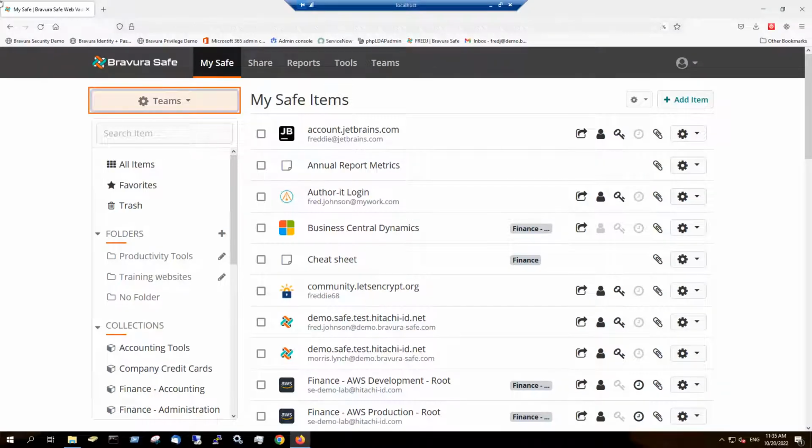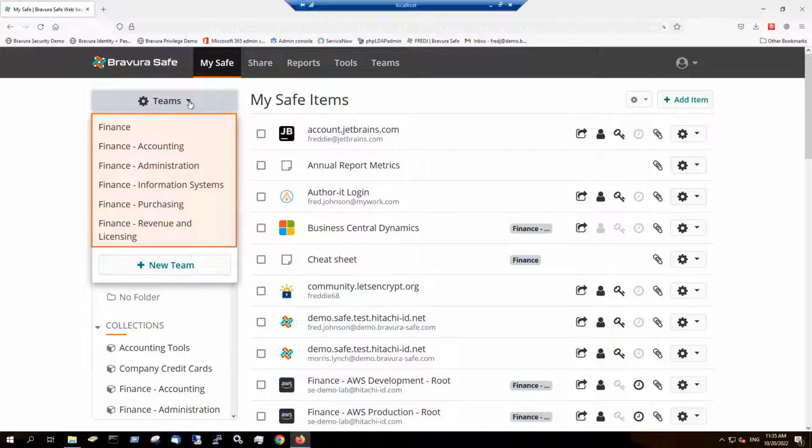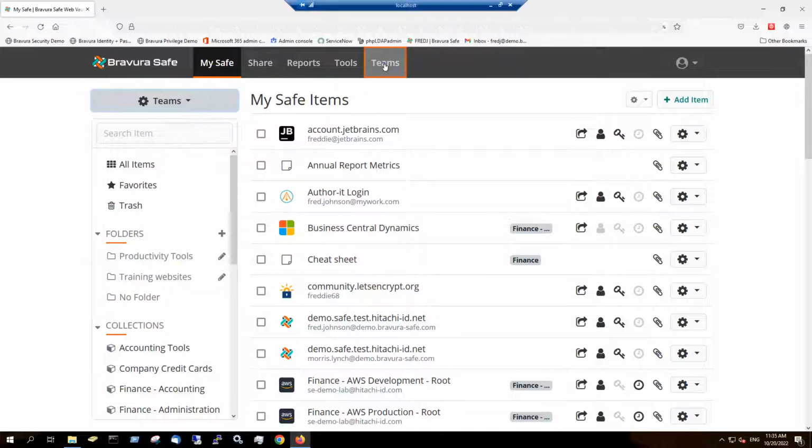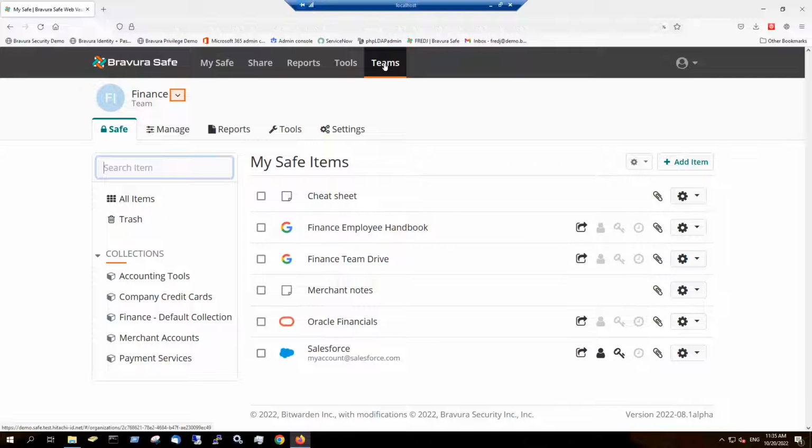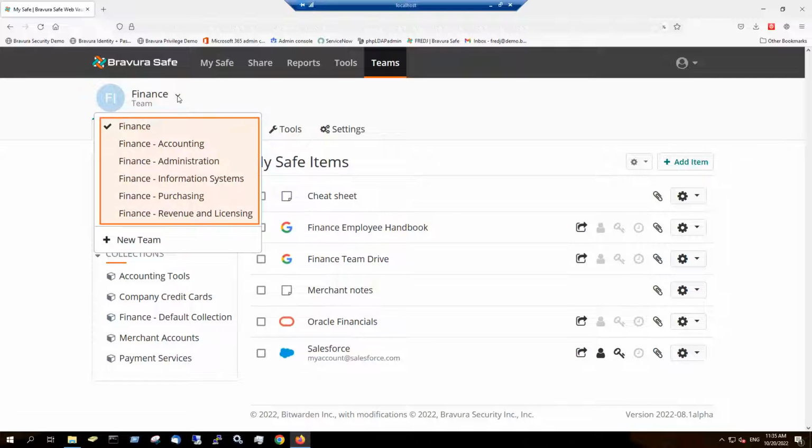Teams can be accessed from the Teams drop-down on the My Safe view, or via the Teams view by selecting from the drop-down here. Teams are created for a specific entity such as a team, department, regional group, or any group of people that needs to securely share data. They can also be used to create matrix teams of workers outside of working departments invited to securely share items with controlled access. Teams relate Bravura Safe users and protected items together for the secure sharing of logins, notes, cards,